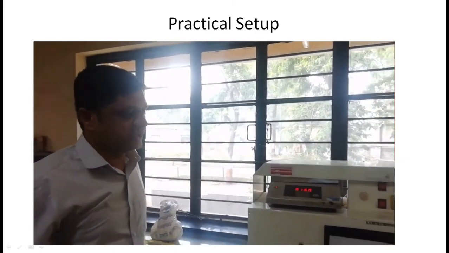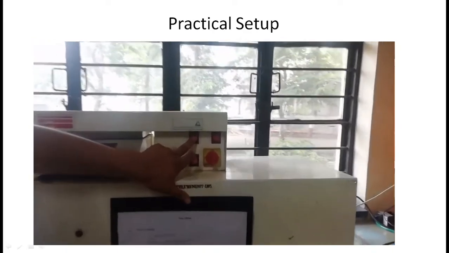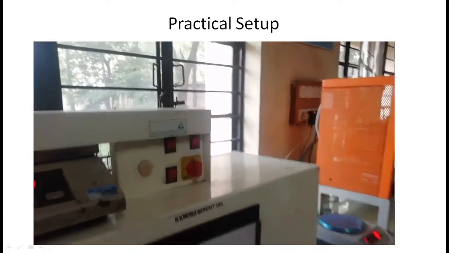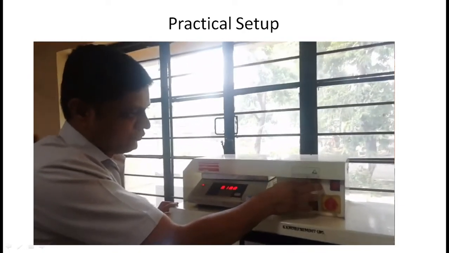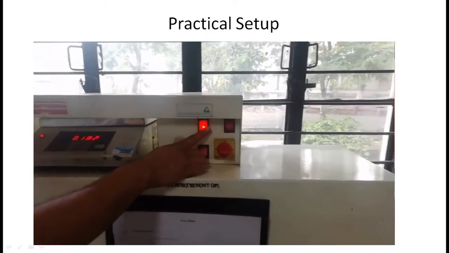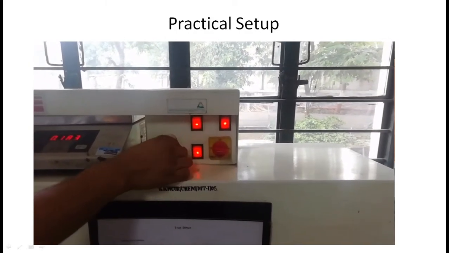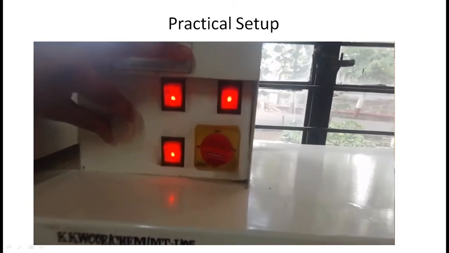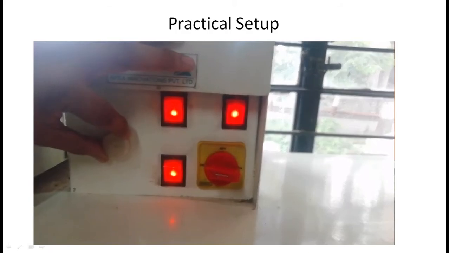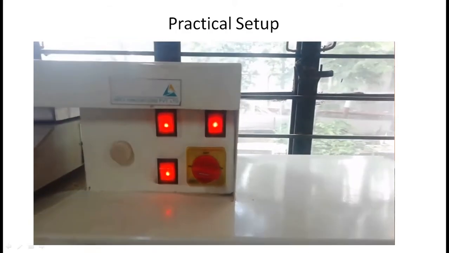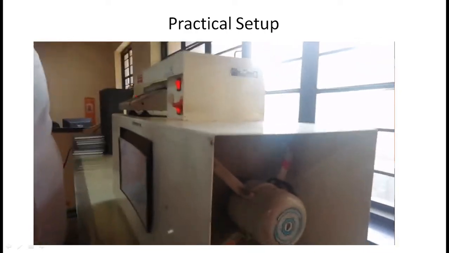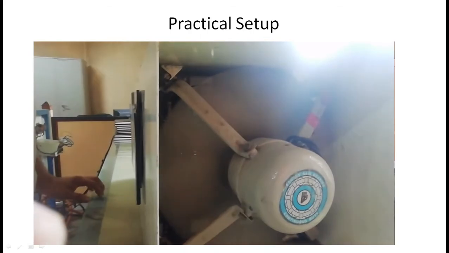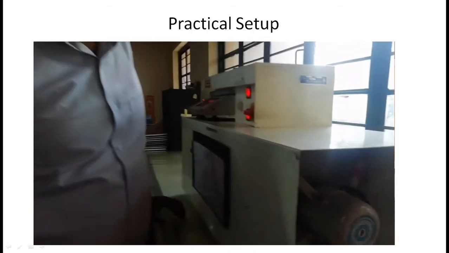Now we will start the heating. So here we will start these 3 heaters. Heater 1, heater 2, heater 3. And these are the blower conditions. So we will adjust this blower also. Now from the back side you can observe the blower has started. It will blow that air over the heating coils, and that air gets heated by the heating coils.